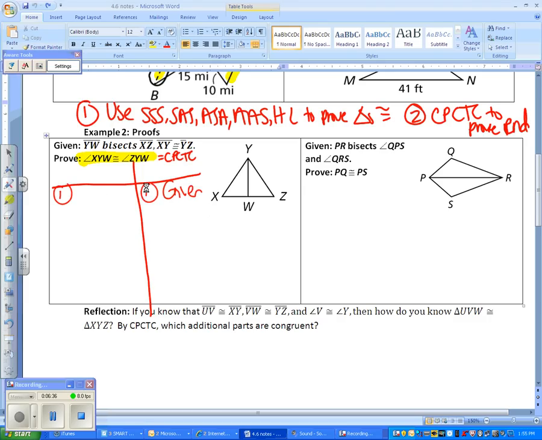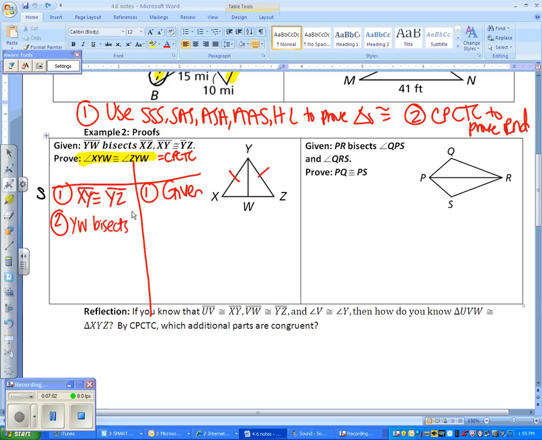So, given. Let's see, what do they give us? They tell us XY is congruent to YZ. All right, and that's a side length. Sweet. It also tells us, and we haven't done one like this yet before, that side length YW bisects